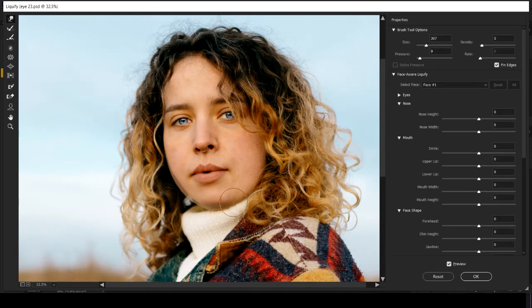This technique you can just take your time and change the steps. I will be using a faster method. This step was for the users who are on an older version of Photoshop. For me, I will just click on Alt and reset everything. I will go to Face Aware Liquify. Click on this face tool or click on A.